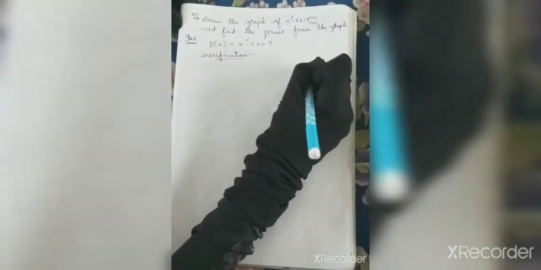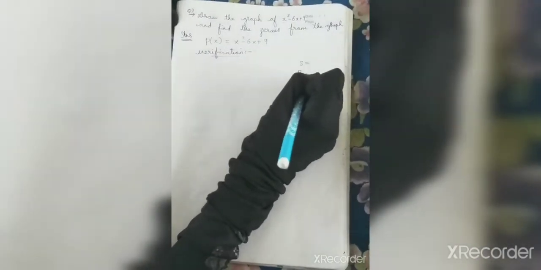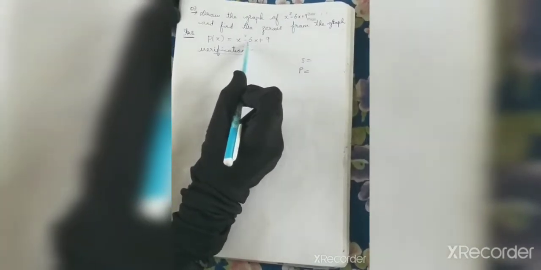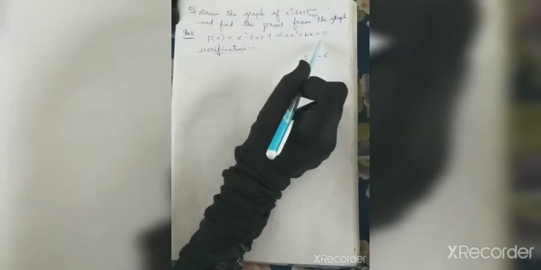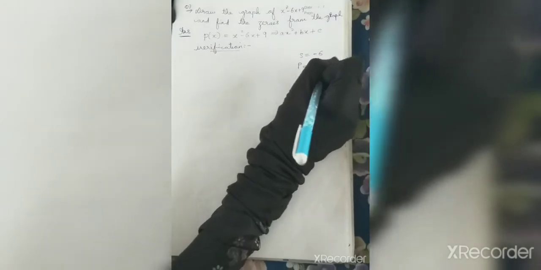But before that, we need to find out what is the sum and what is the product. Always remember, the middle term is known as sum. What is the middle term here? The coefficient of the middle term is minus 6. So that is the sum. And what is the product? We compare this with ax squared plus bx plus c, which is the standard equation of a quadratic polynomial. I know a is 1, b is minus 6, c is 9. So always the product is a into c, and the sum is minus b. So a into c means here it is 9 into 1, that is 9.